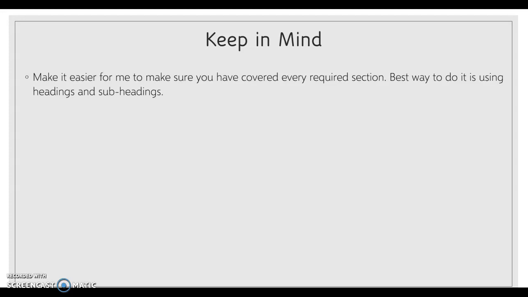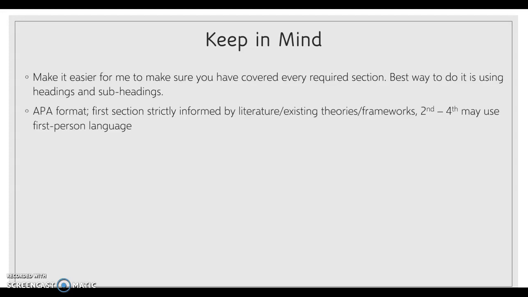Do you want to put it in table format, like how chapter 15 kind of puts it? If you want to put your theory in that way, you can feel free to do that. Remember, in all of it, your paper has to follow APA format. Remember that the first section is mainly informed by the literature and the existing theories, and the second, third, fourth is where you can feel free to use language like, my approach, I believe, those kind of